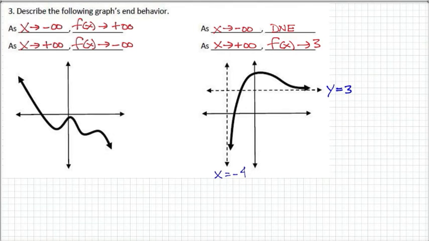You know, we could write this, that as x approaches negative 4, f of x approaches negative infinity. That works okay too. It does describe the end behavior of this particular graph here, but specifically we say the end behavior is what happens at positive and negative infinity, and there is no behavior of the